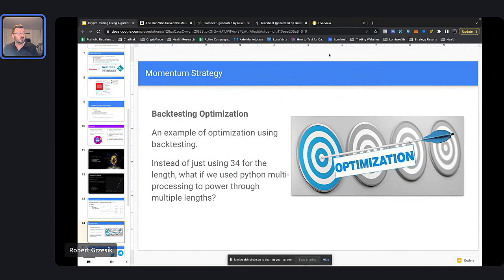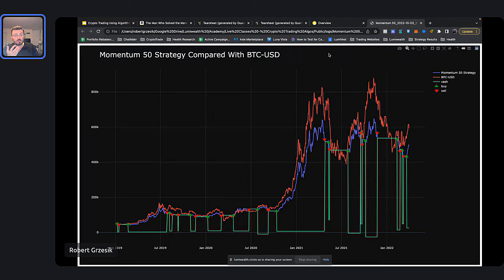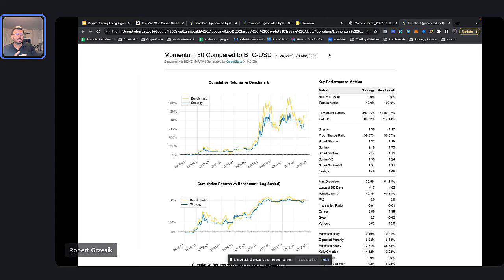Should we be using momentum of 50 days or 60, 70, 80? How should we be doing that? We can optimize our algorithms. So if you have a trading strategy that you have in mind that you've been using, maybe you're making some money off it, right? Maybe you're not. In either case, what you could do is turn that into software code and optimize it, right? What if instead of using 1-minute candles, you use 5-minute candles? What about 20-minute candles?